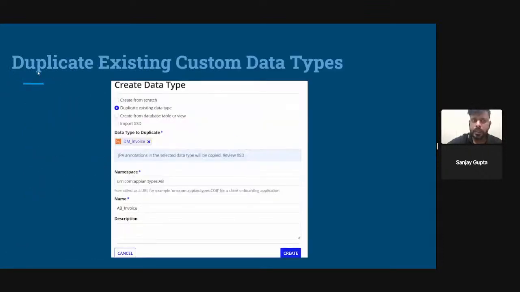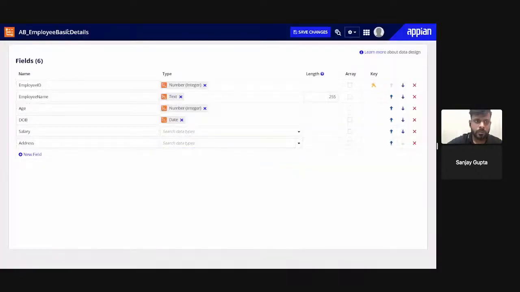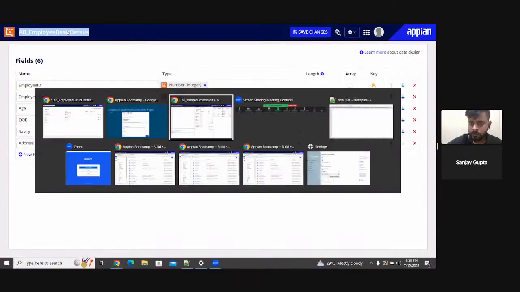Now there is another option, duplicate existing data type. Okay, so suppose we have this data type and I want to create